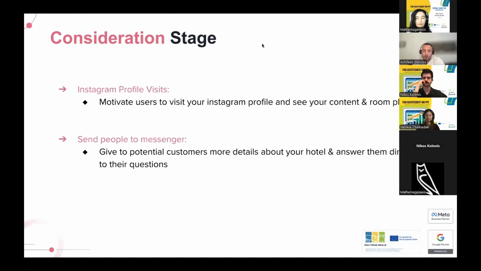Now, if you choose to use Messenger ads, it is recommended to answer the potential customer as soon as possible in order to keep them warm.